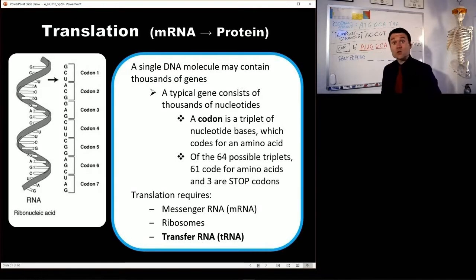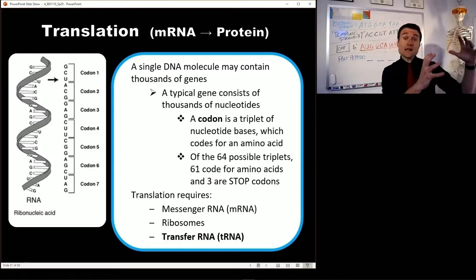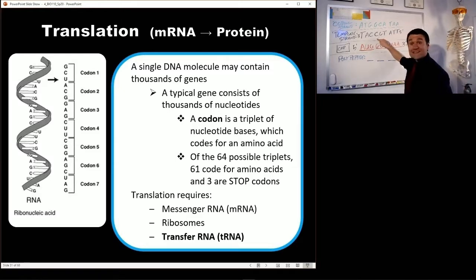In the last video, we talked about the process of transcription, going from a DNA molecule, the information on a DNA template strand, and coding it into an RNA molecule to create a copy of the original information. So everywhere where there's a T, we put an A. The enzyme that accomplished that is called RNA polymerase. RNA polymerase makes this molecule, and then once we had finished the 3 steps of transcription, initiation, elongation, and termination,